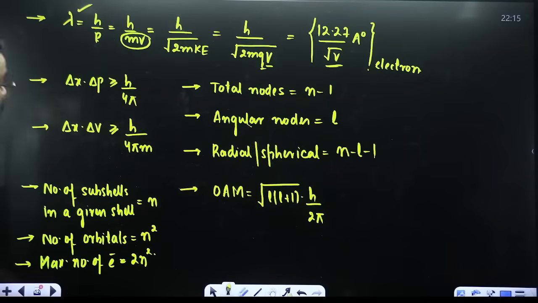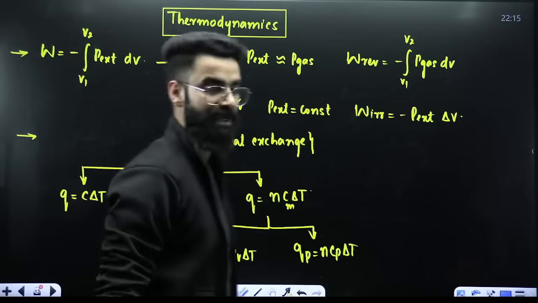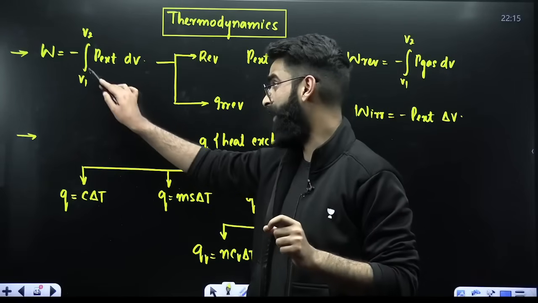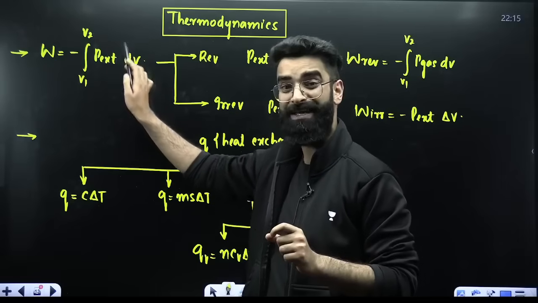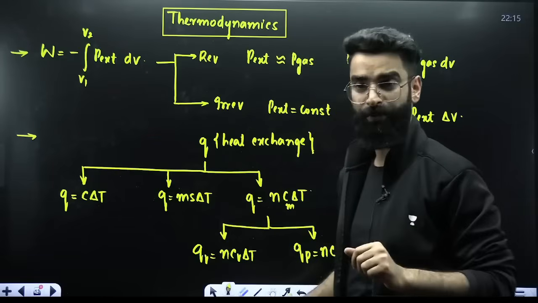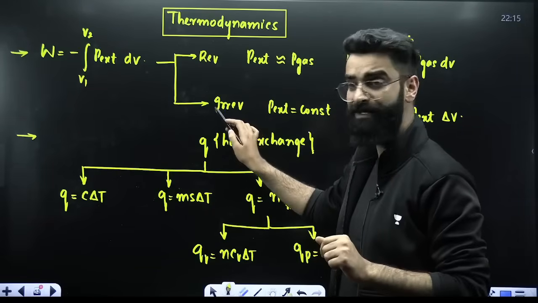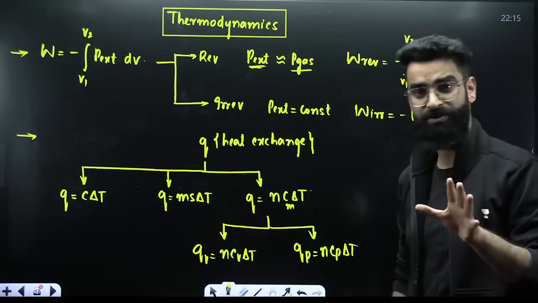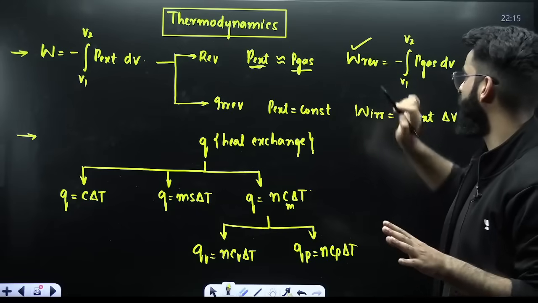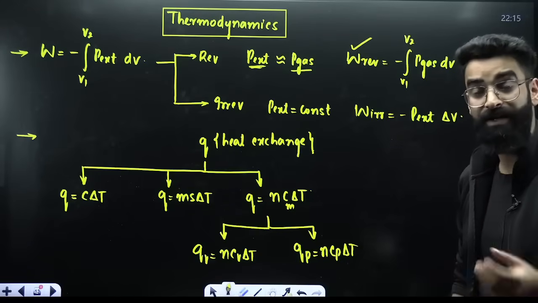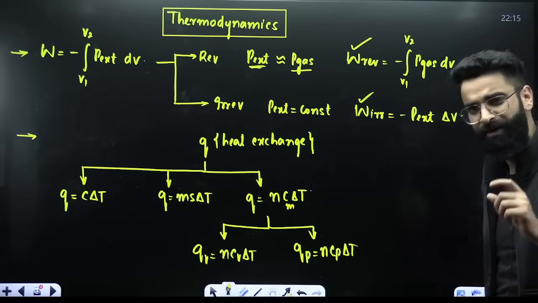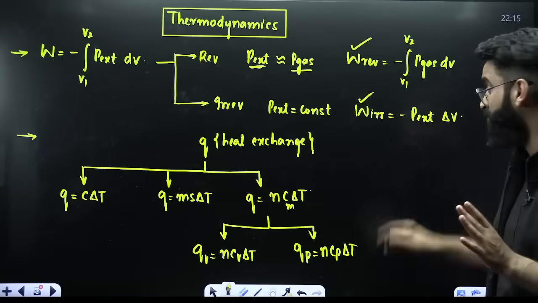All right. Then comes your thermodynamics. In thermodynamics, how do you calculate work? Work is equal to minus integral V1 to V2 P external dV. Now we have got two processes, one is reversible, one is irreversible. In case of reversible processes, external pressure and pressure of gas are almost equal. Therefore, this is the formula with the help of which you calculate the work done in case of reversible processes, and this is the formula with the help of which you calculate work done in irreversible processes, minus P external